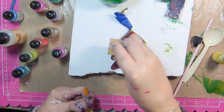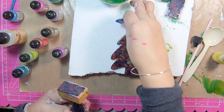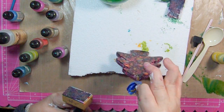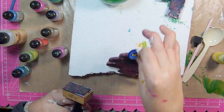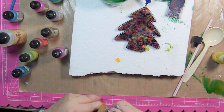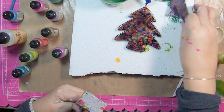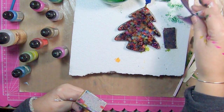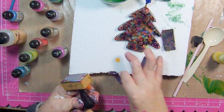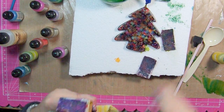Now I'm going to wait for that to dry before I do the underneath, but I will show you the other side so you can see how similar they look. They're pretty similar. So we're going to let that dry, and then I think we will go to our other ornament that's in the pink and purple family. Ooh, we're all stuck together, having a good time. And this one we used